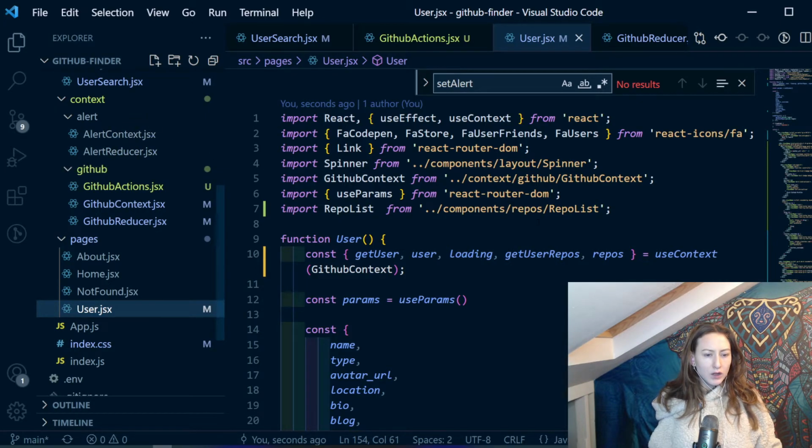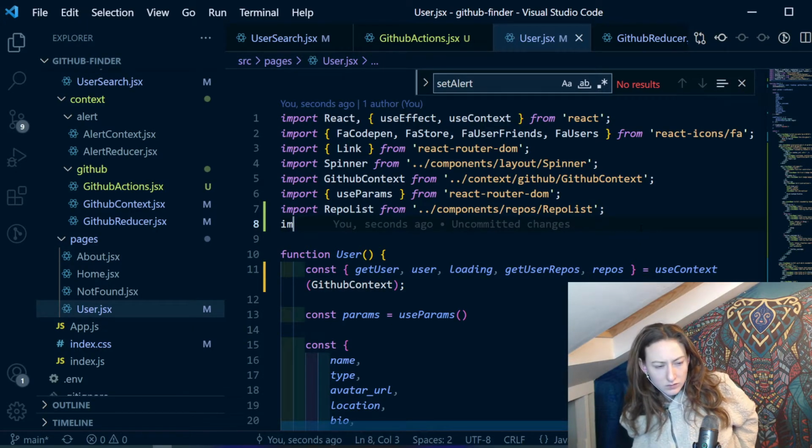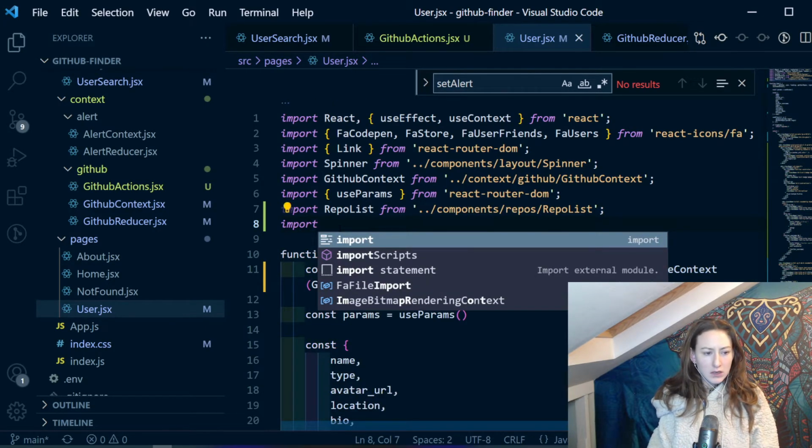So we will import get user, okay, so import get user